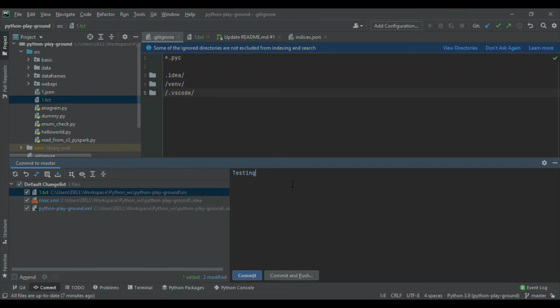I have added some comment, and there are options: commit and push. I'm just going to click commit and push. After you click commit, you can always go to git and push. You can do so. First time it is asking for my GitHub information.